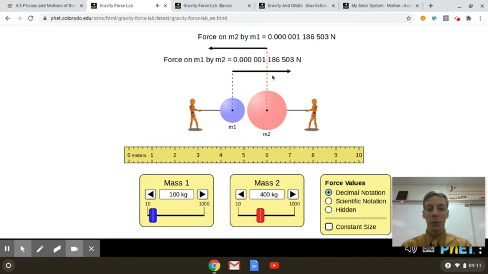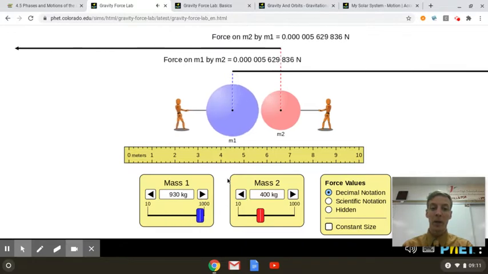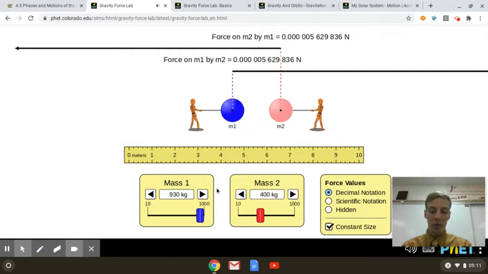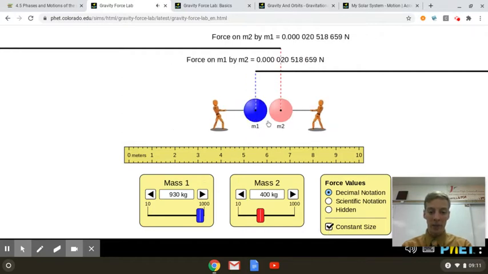There you go. So the force arrow gets stronger. You've got to pull. If I make this sphere heavier, heavier, heavier, the forces get bigger and bigger and bigger. Okay? And we can make the balls constant size even though they're getting heavier. Or make that one bigger and then they're leaning in. But the truth is, this is 0.00005 newtons. That's less than a feather. If you held a feather in your hand, it would put more force on your hand than that,